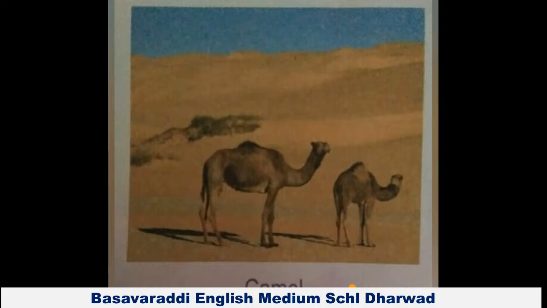Here, during the day, the sun heats up the sand, causing the day temperatures to rise sharply. At night, what will happen? At night, the sand cools down very fast, causing the night temperatures to drop. Therefore, the days are very hot in desert areas and the nights are cold. For example, Saudi Arabia is one of the hottest places in the world.